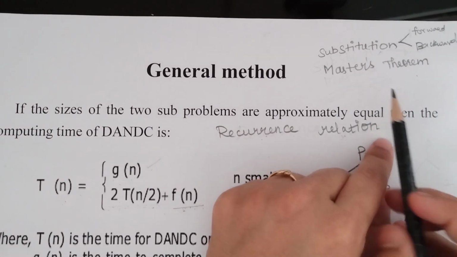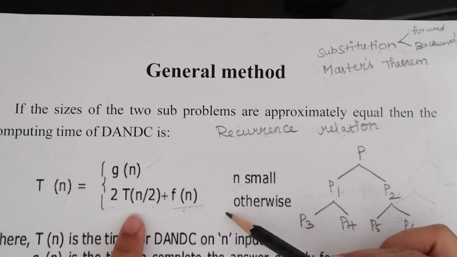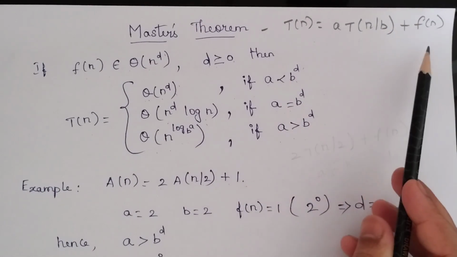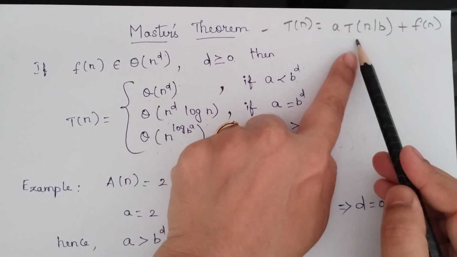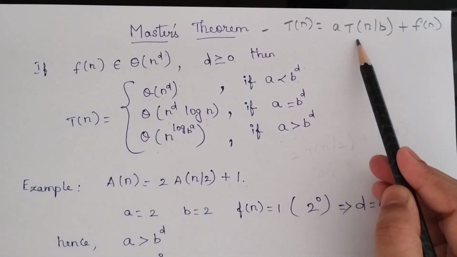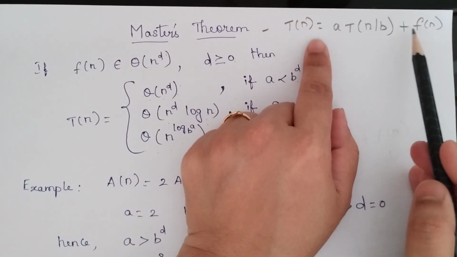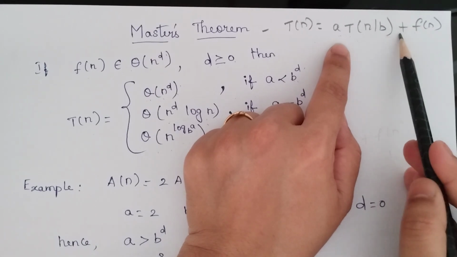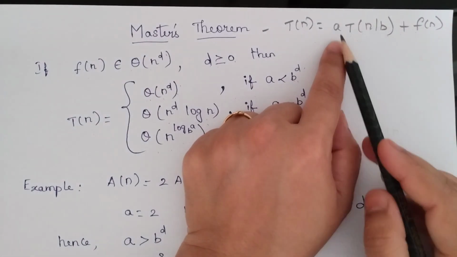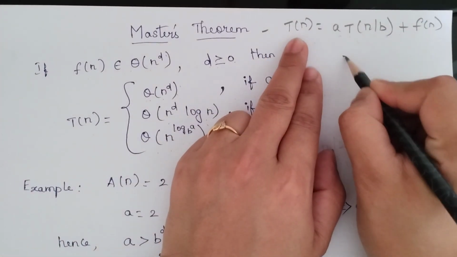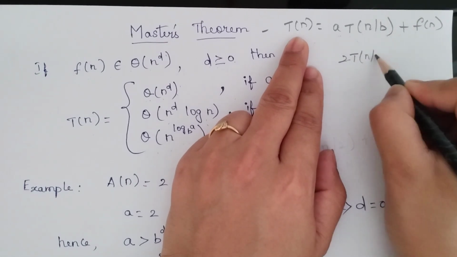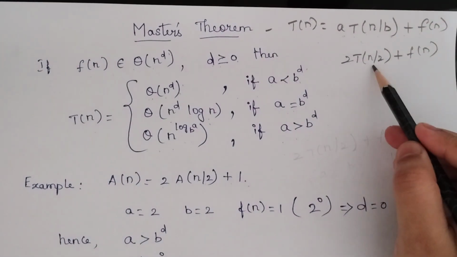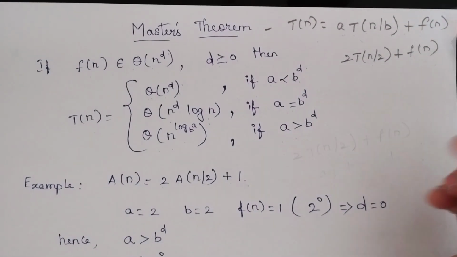And we will be using Master's theorem to solve this recurrence relation, okay? And this is the Master's theorem, and you can relate this with our recurrence relation for the divide and conquer method, right? So if you look here, we have coefficient a, then T of n divided by b plus f of n. Here our recurrence relation is 2 into T of n divided by 2 plus f of n, right? This is our recurrence relation for the divide and conquer general method, and this is the Master's